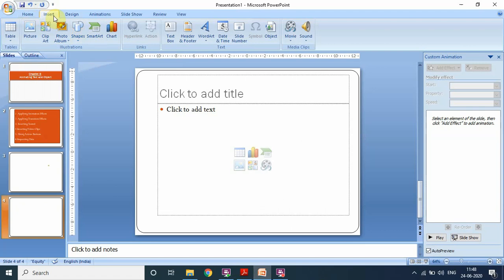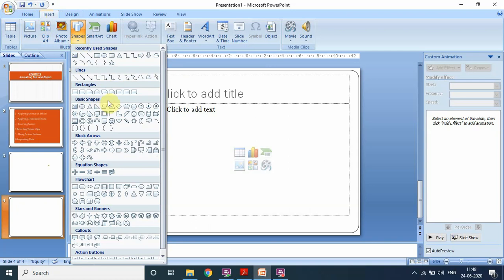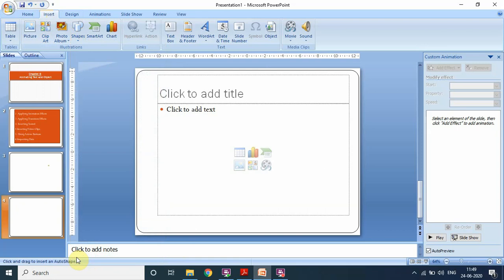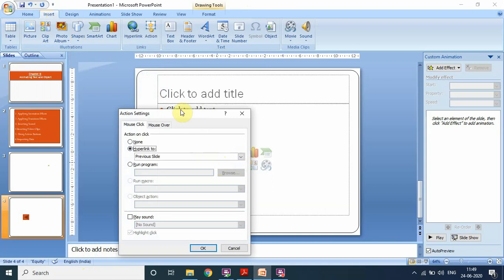Let's see how we can do that. We will go to the Insert tab. Then we'll go to the Shapes option. See here, shapes. You have a variety of shapes to insert in a slide. You will go at the last. See, this is the action button. These are the action buttons. Suppose I have clicked on this one action button, the Previous one. Fine. You will draw it. You will scroll your mouse pointer. You will draw it.